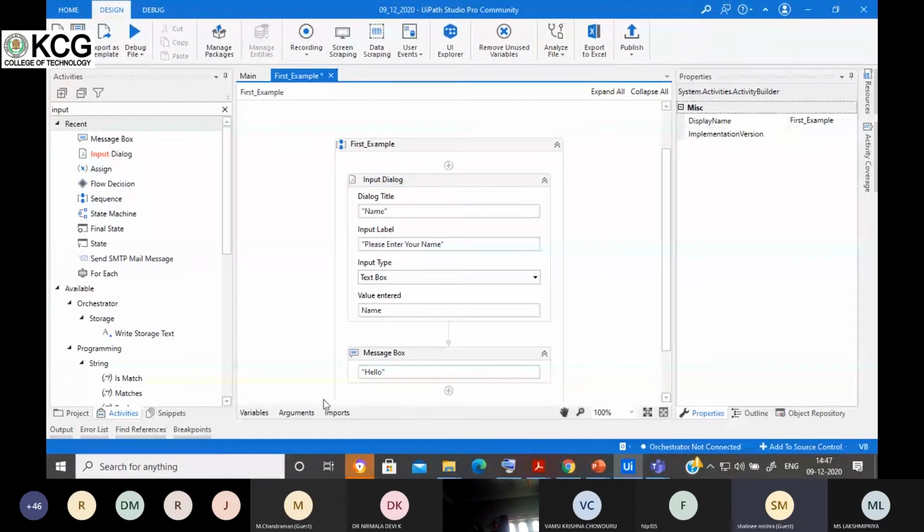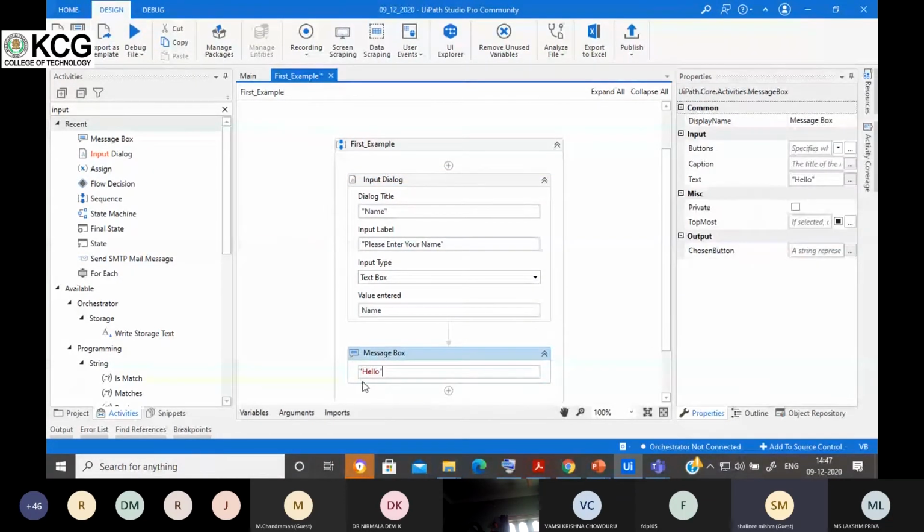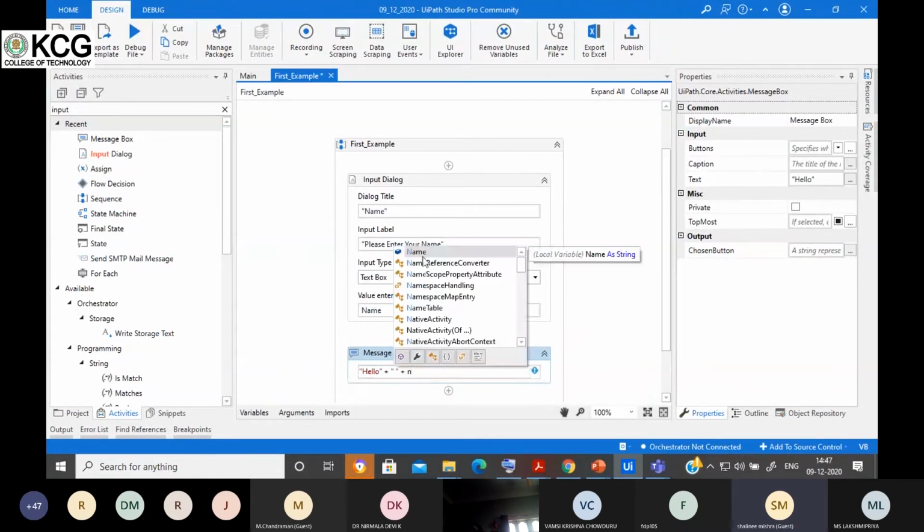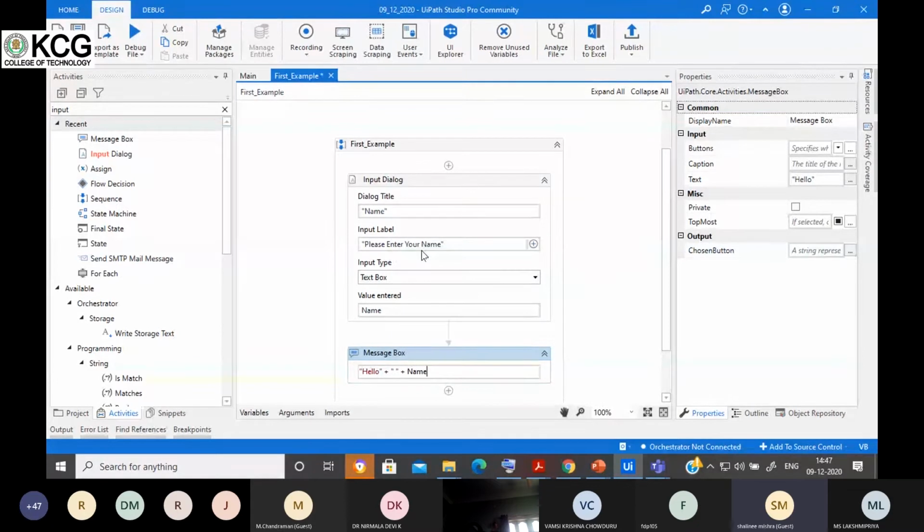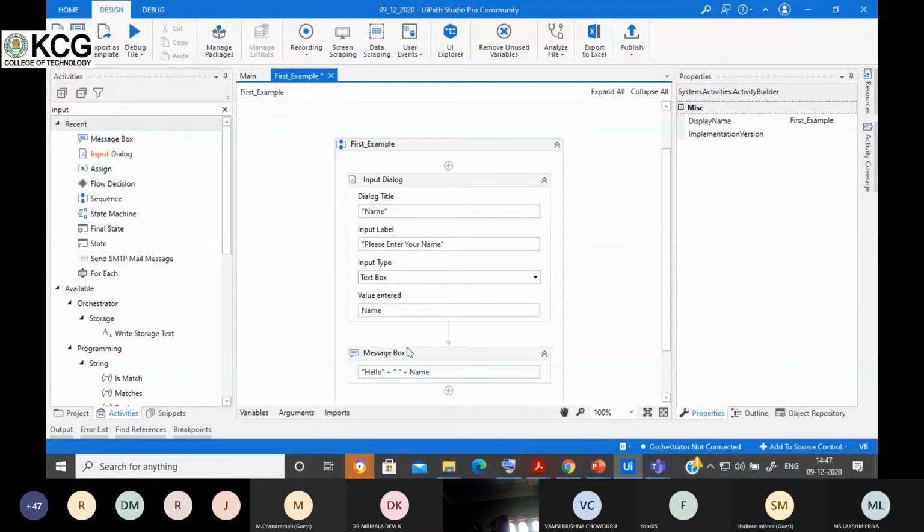What I want is hello plus my name. So I'll add plus, then I need to provide the space, so I'll use double quotes with a space, and after that I'll add this variable name which I just created. Whatever name you enter will get stored in this variable and you can display it using this message box.